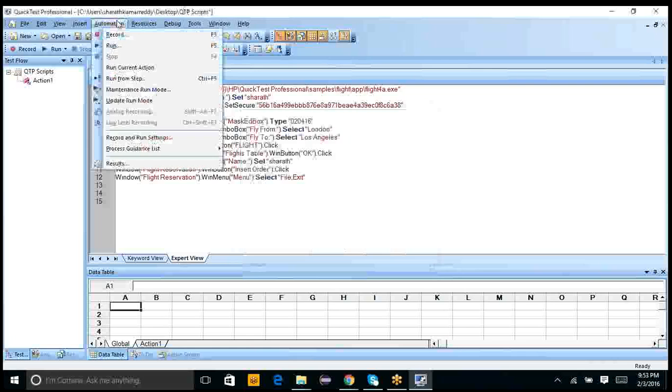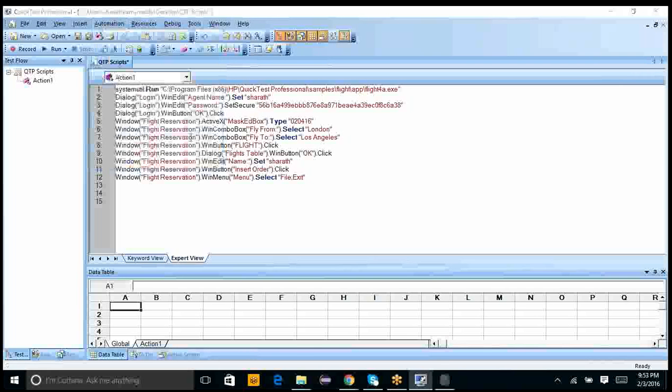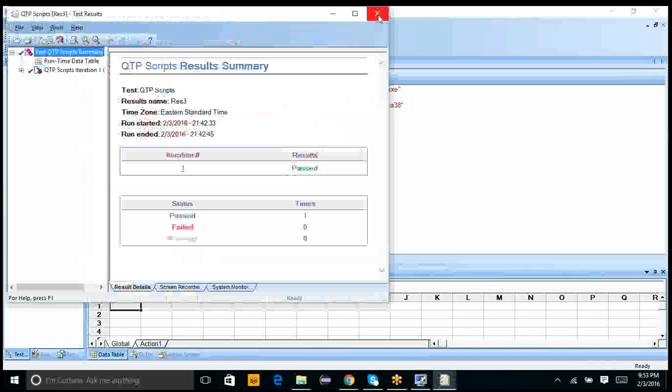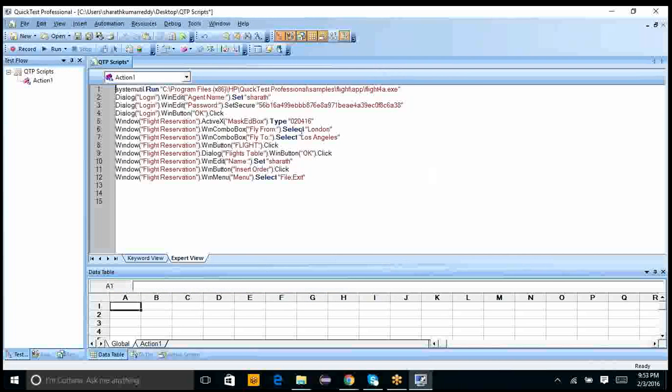Okay, that's how you can record a test script and run it back. Now, can everybody note down an assignment for tomorrow's session? Create a QTP test script.